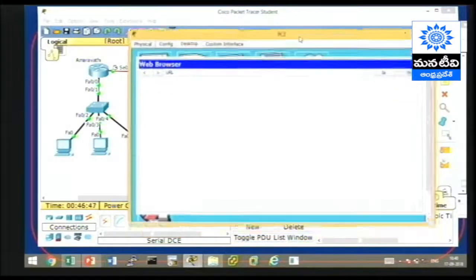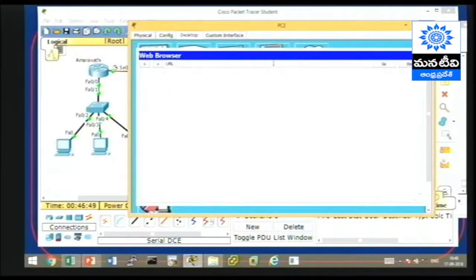Here we are going to type the IP address of the web server in Amaravati network, 192.168.201.100, and then you can see that there is a message,